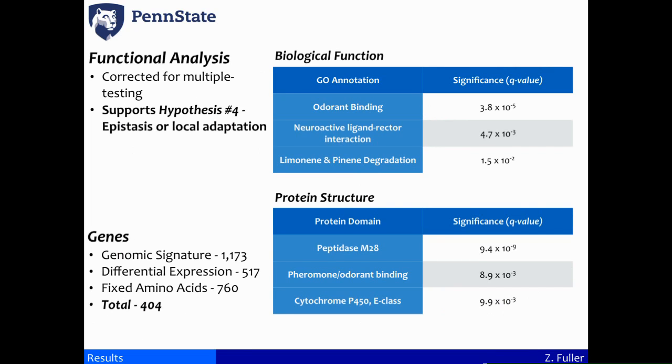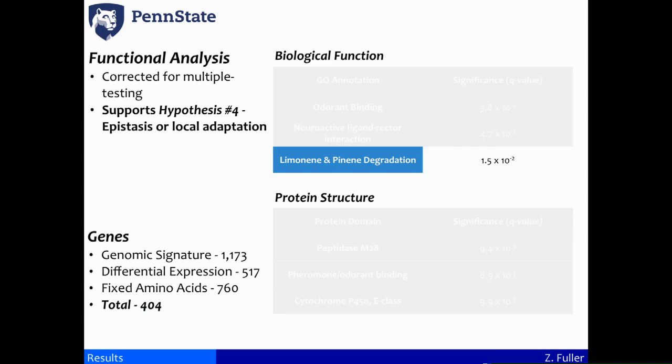So for genes showing evidence of adaptive evolution, we also performed a gene ontology, or GO, analysis to look for common enrichments of biological functions or protein domains. Again, we see an enrichment of odorant binding and pheromone binding, so genes that seem to be involved with sensory perception. So this could support a model of local adaptation across a heterogeneous environment or epistasis through the indirect effects of suppressed recombination. However, what I just want to end my talk on is a potentially intriguing result that we see